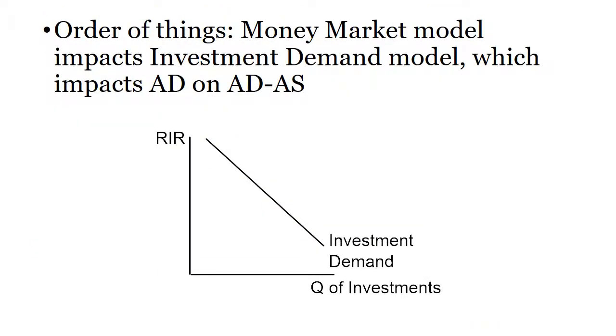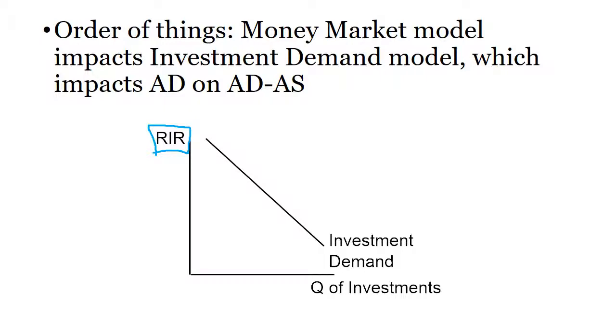Here we can see the investment demand model. It is just this simple. Investment demand only has a demand curve because it's all about businesses' desire to spend money on capital equipment, on investments. So the demand curve, like all demand curves, is downward sloping. The quantity is quantity of investments. The interest rate is the real interest rate, because if a business is going to finance the spending, they're probably going to take out a loan. Those loans could be over a few years, and you will notice the effect of inflation. So loans, the price of loans, is always the real interest rate.